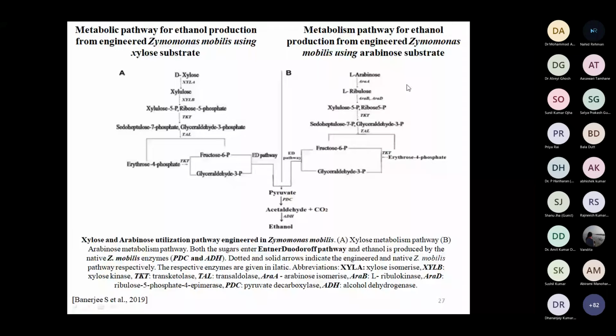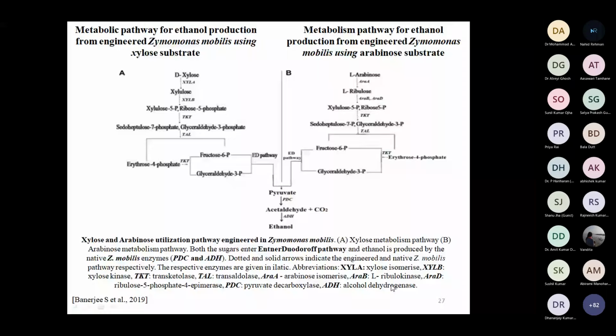You can integrate these genes simultaneously in one operon, or you can do the knocking out of the undesired gene and introduce your cassette, the cassette which has these genes,